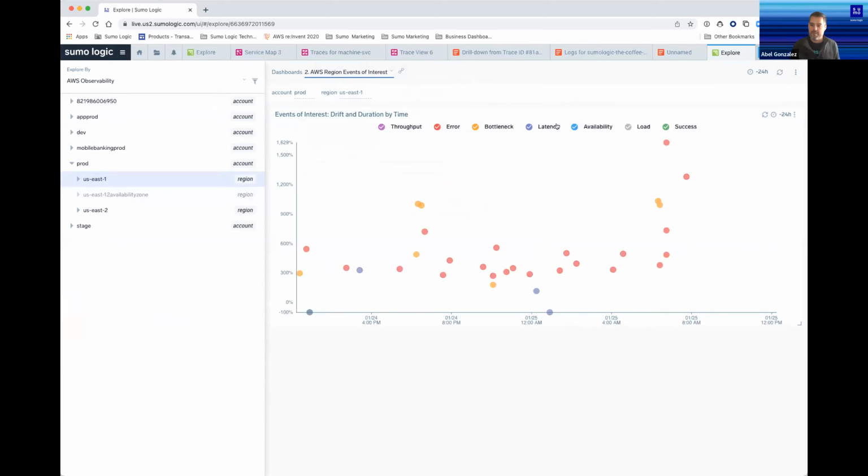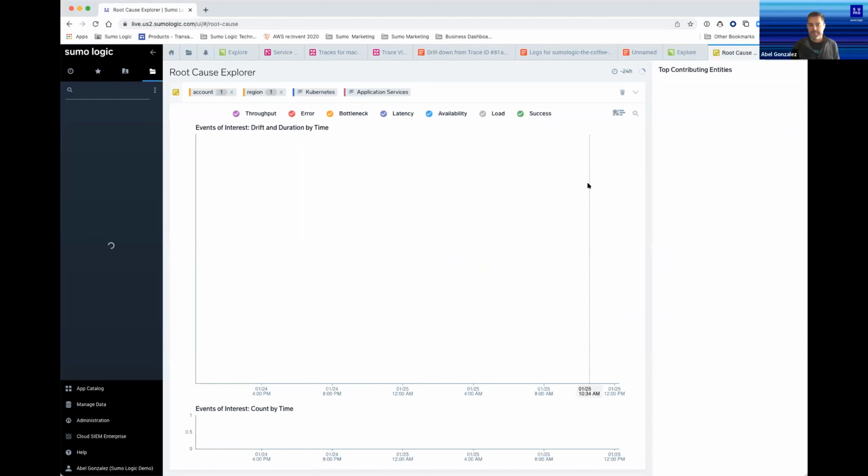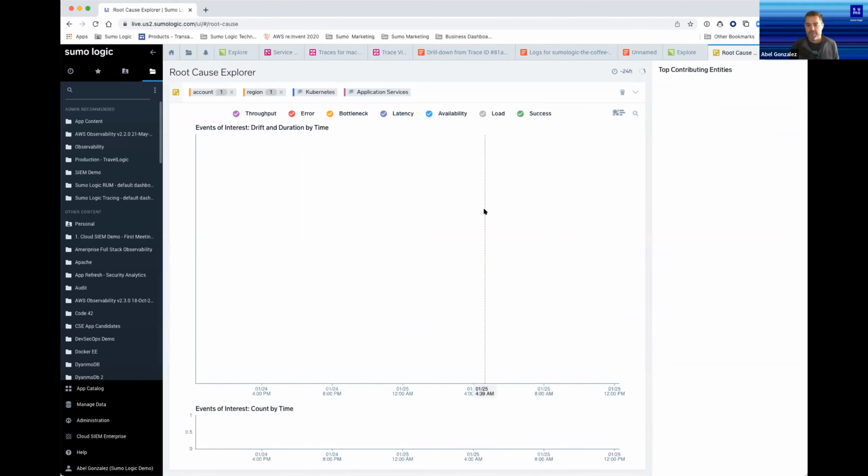And here we have this tool called Root Cause Explorer that I can open up, filter for the specific account and region, and then ask the system to tell me what the signals are that are out of bounds for what I'm used to observing, to then cluster them and see which errors or bottlenecks are leading to the problems